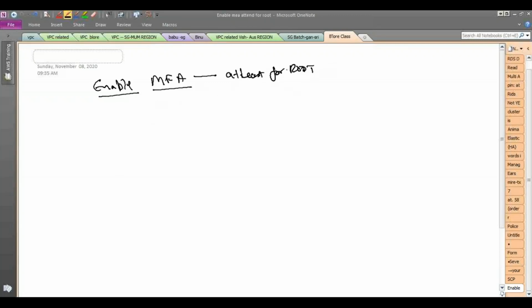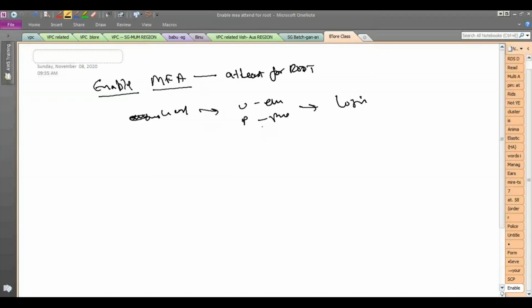So how do you log in with the root account? You go to the AWS console, console.aws.amazon.com, right? You go to the console URL, and you enter the username and the password. That is your email and your password. And then you log in. This is the normal way. What AWS recommends is enable multi-factor authentication. Like you said, it is an OTP, or two-factor authentication, whatever you want to call it. They all fall under the umbrella of multi-factor authentication.